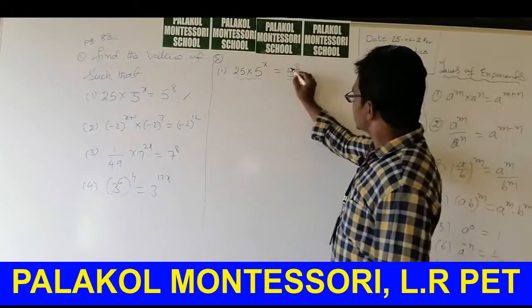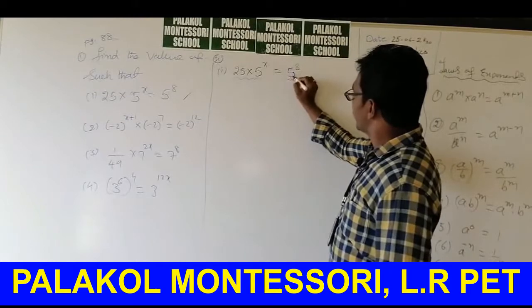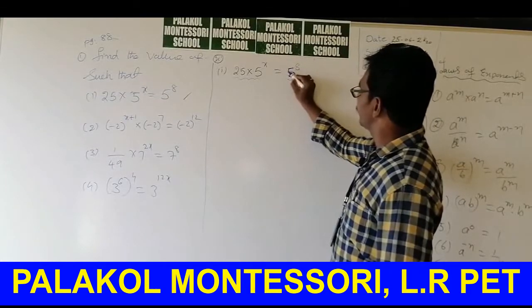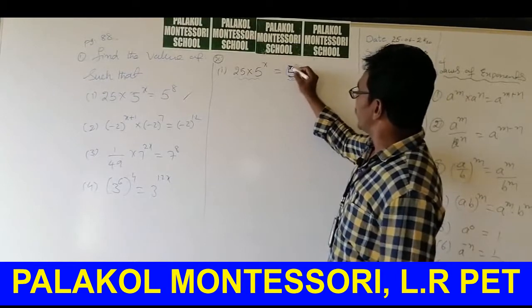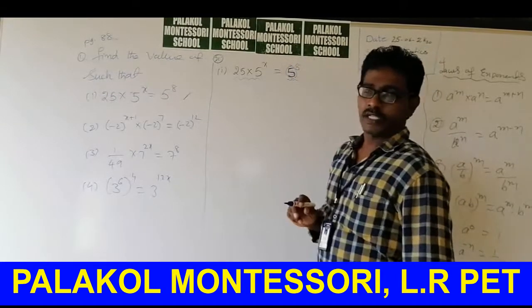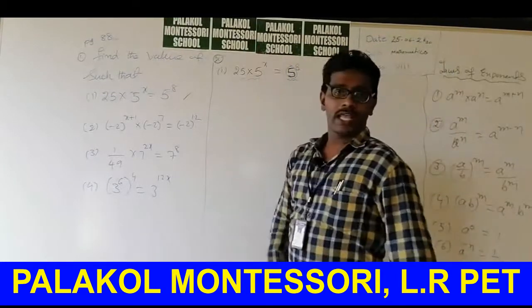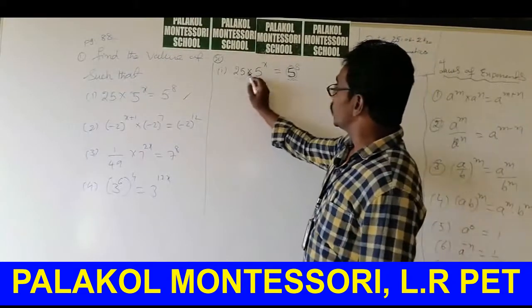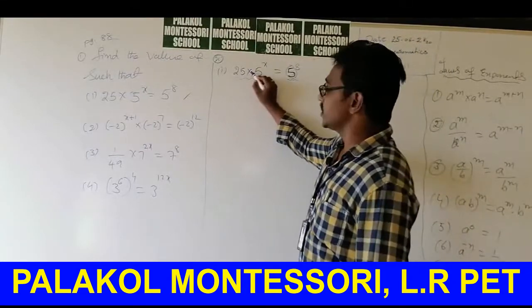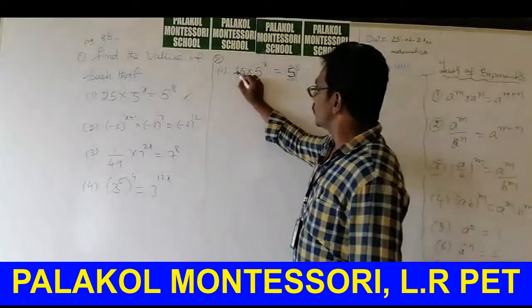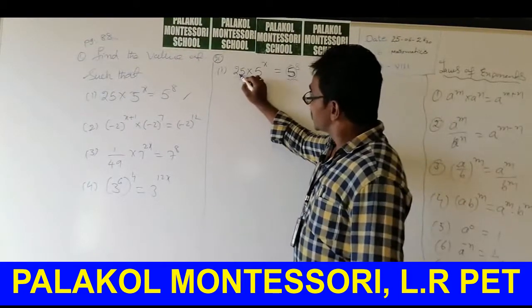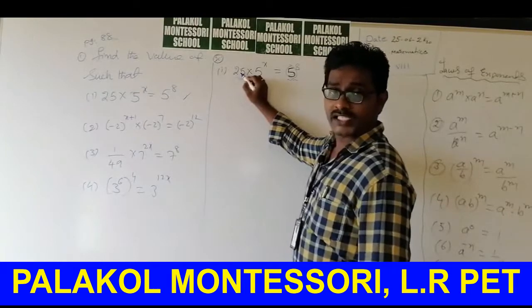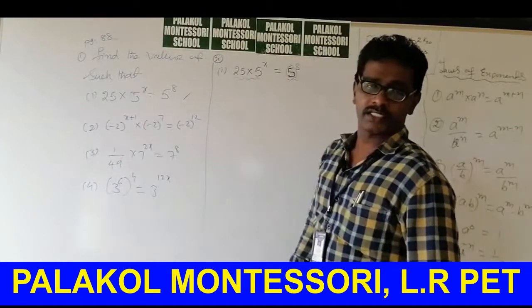The RHS part is an exponent term. See, 5^8, in which the base is 5 and the power is 8. Come to the LHS part. In this LHS part, two terms are there, with the operation being multiplication. One is 25, another one is an exponent power. One of them should be changed.